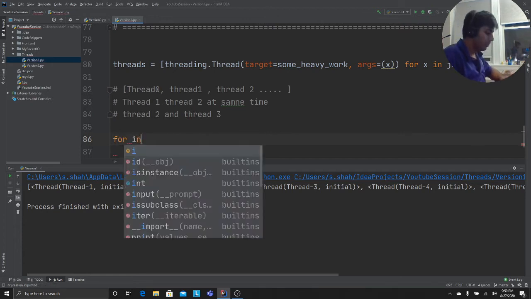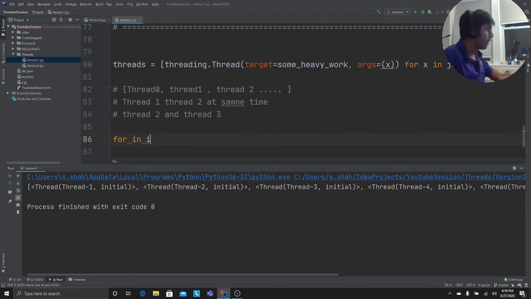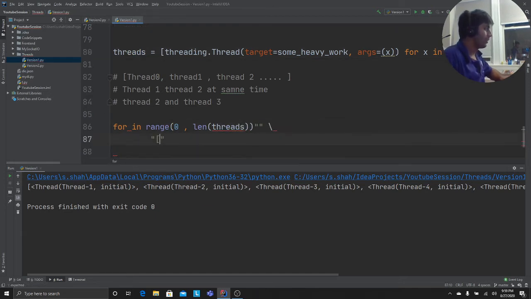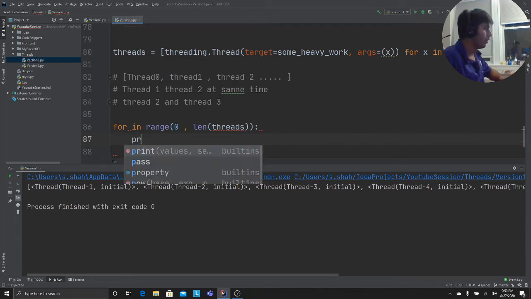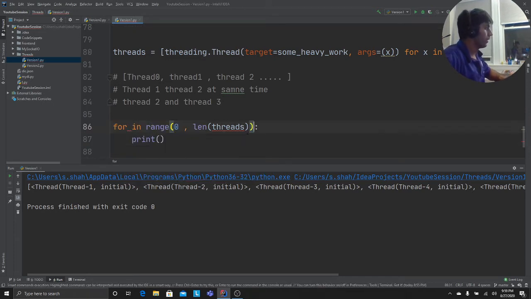So what we do is basically we say for i in range, from 0 to the length of threads. Let me type it again.